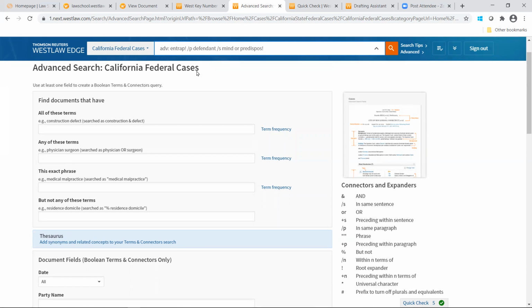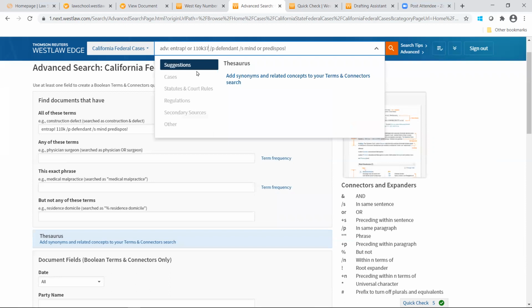So what I wanted to show you here, I can actually add a topic and key number to a keyword search. So this is going to get me not only cases that mention entrapment, but also cases in the West topic and key number system that have been classified to the topic criminal law 110, key number 37, entrapment. Now, when you run this,